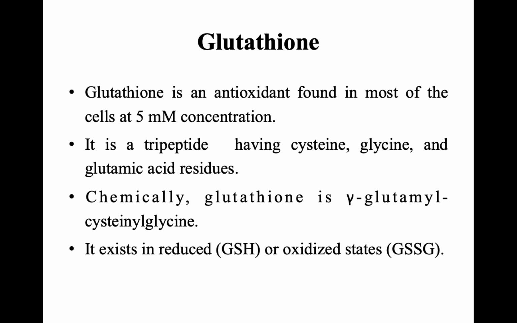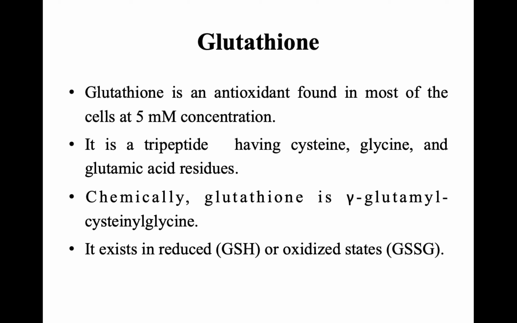Hello everyone. In this class, we are going to discuss naturally occurring peptides, and under that, we are going to discuss glutathione. Glutathione is one of the antioxidants which is produced in most of the cells in our body at 5 millimolar concentration. In liver cells, it is produced at a higher concentration of around